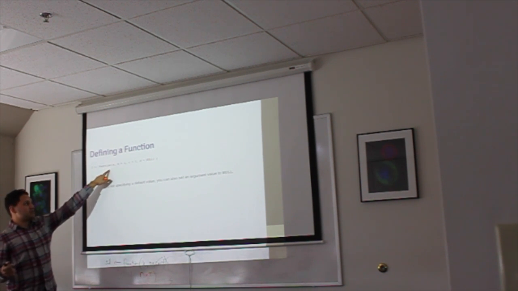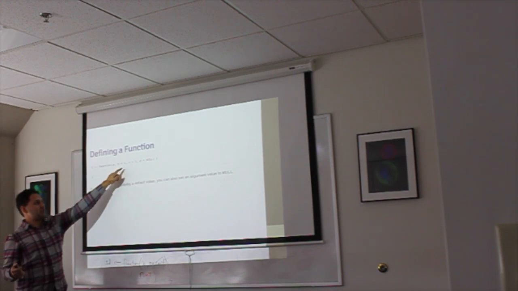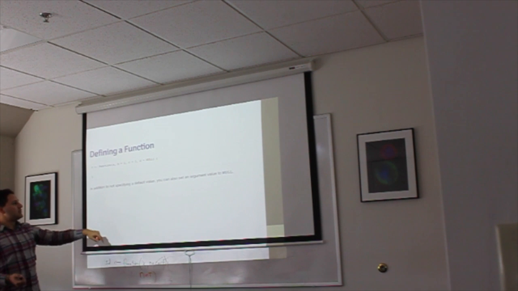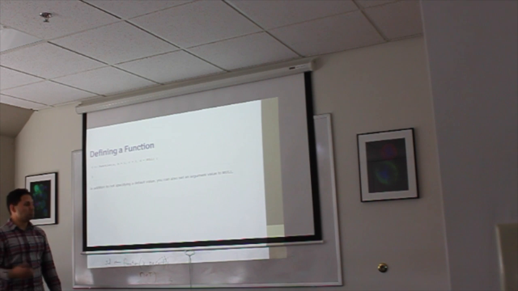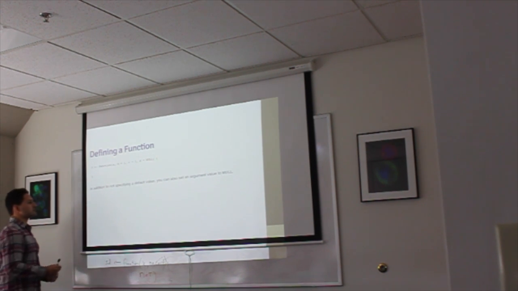and then you use this reserved word function, and then your arguments will be a, b, c, and d, of which b, c, and d have default values. So b will default to 1, c will default to 2, and d will default to null, unless specified in your function call. So if I call function f,